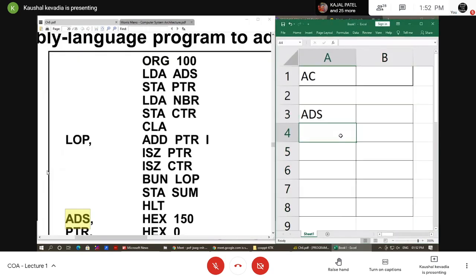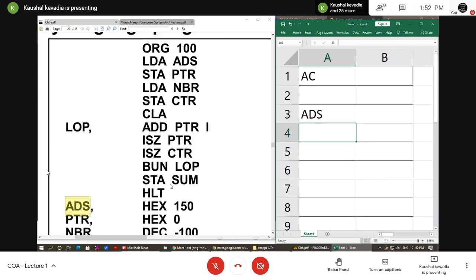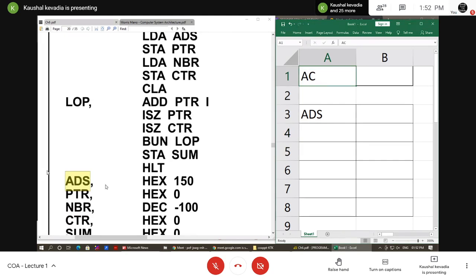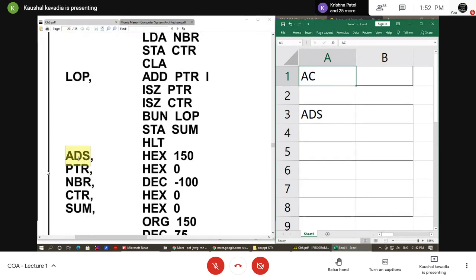Okay. So here I am mentioning which labels are used in this program. First there is an accumulator register used. Then these are the variables used in this program. So let me first list out the things. One is ADS; ADS shows that it is an address. Then there is a pointer. Then NBR, the number of variables.